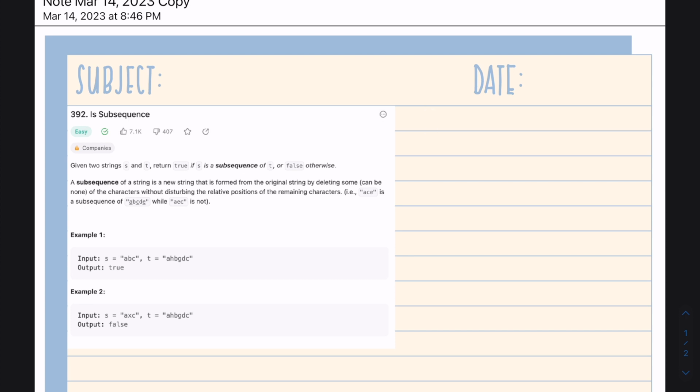Let's just pretend that in this example our s string was A, H, B, G, D, C, and our t was just A, B, C. If we go through the string s, we could delete H, G, and D, and the remaining letters would be A, B, and C. So we could say that t is a subsequence of s. But let's try to do the other example where it's false. So in this example, s is